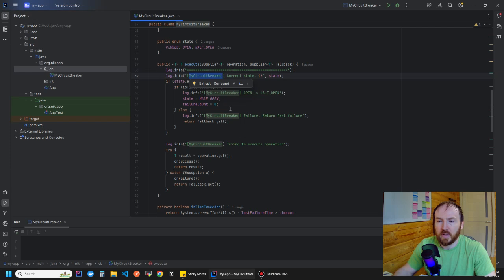I've got some sort of marker in my logs, like my circuit breaker, so we can see that this is happening specifically inside our circuit breaker. Okay, current state and these things. If we return fast failure, we've got this log here: transition from open to half